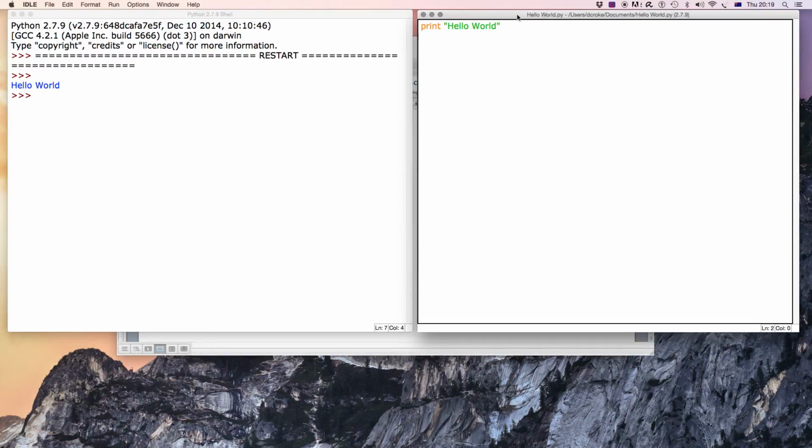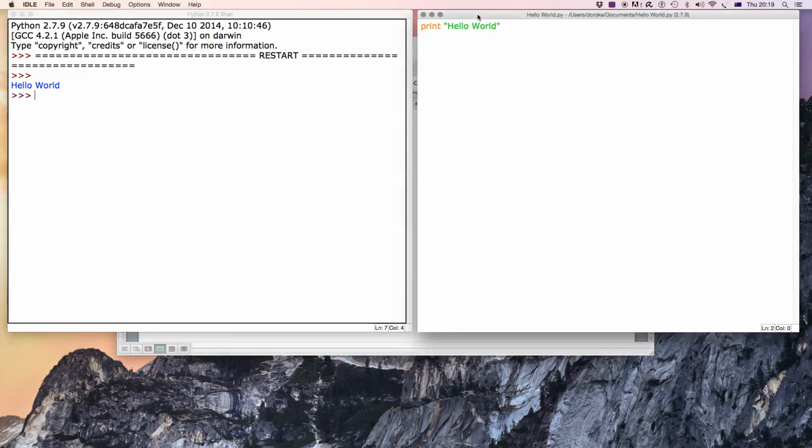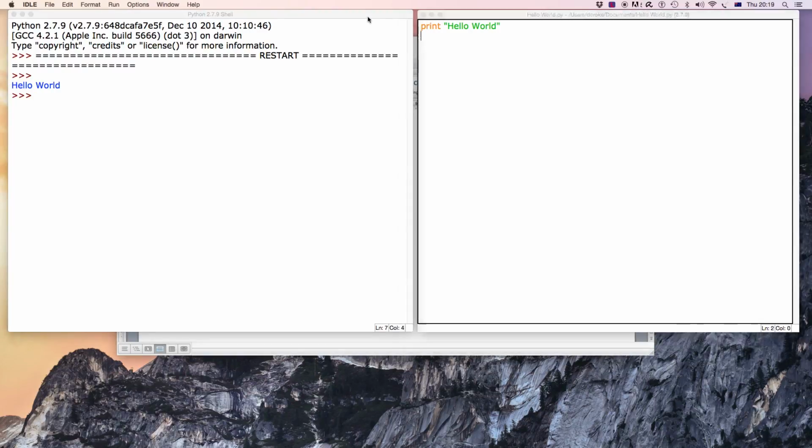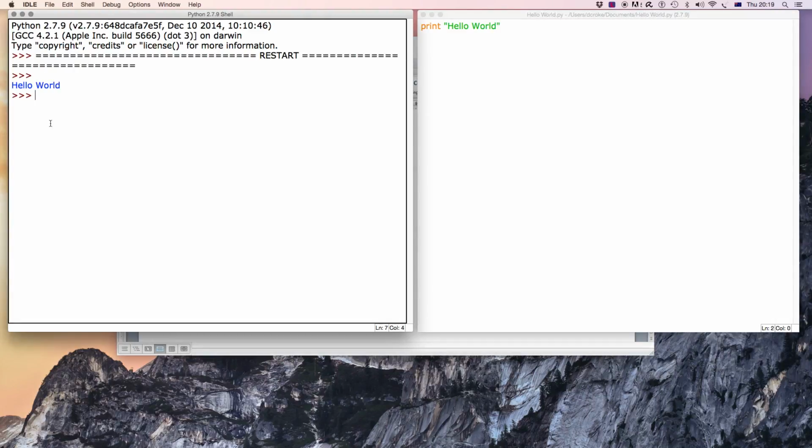Well, that's really it for this video. I just wanted to show you how to get Python up and running and how to set up just a basic environment to start writing your code. So the most important thing to think about is this is the window that you write the code in, and this will be the window that will actually give you the results. It'll display the output of your code. And that's it for this